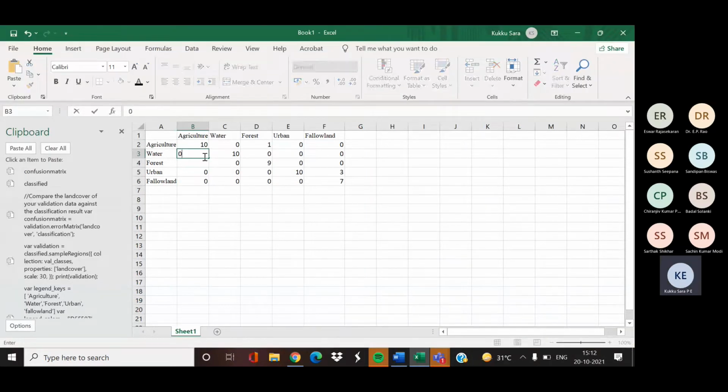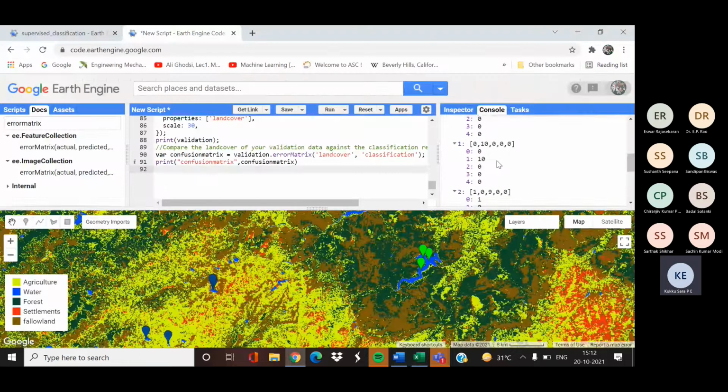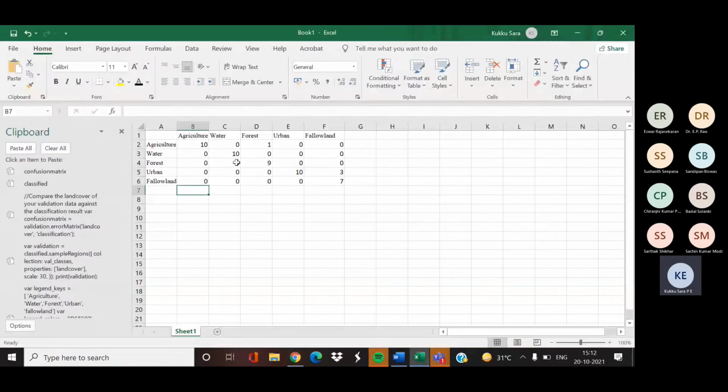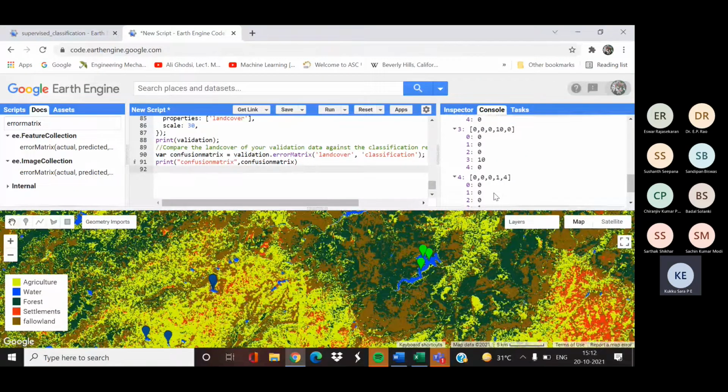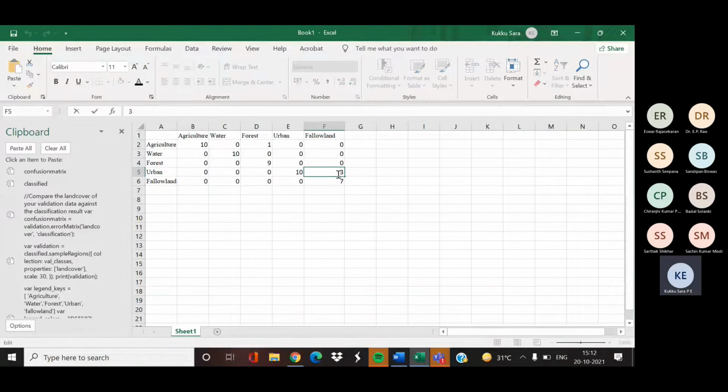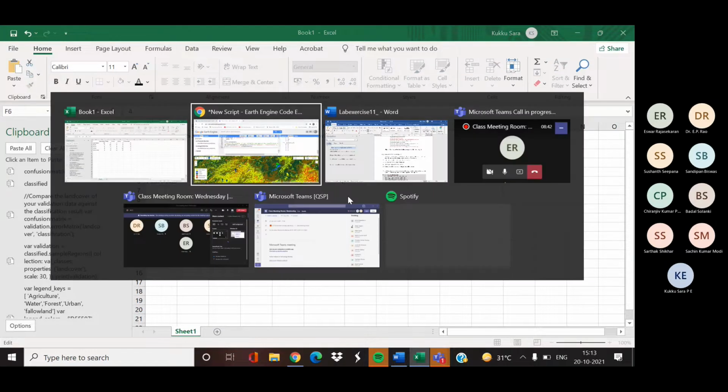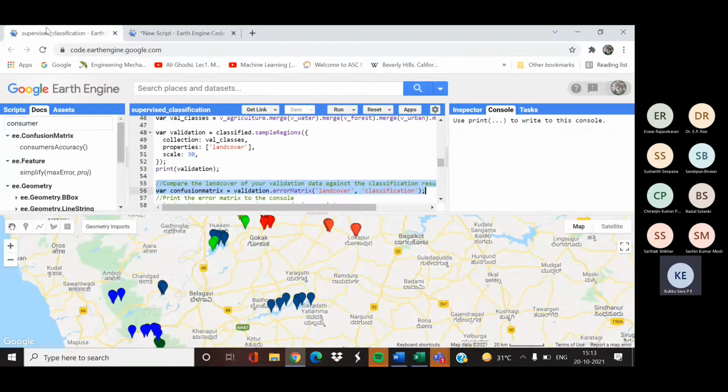Zero, 10, 0. These are the previous values for the code I have written here.